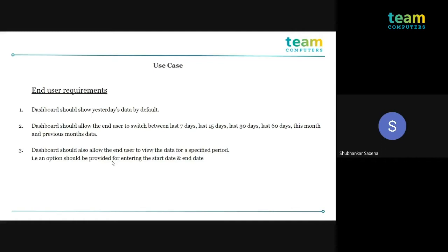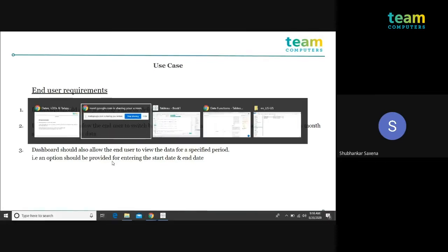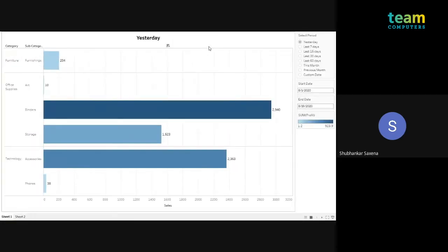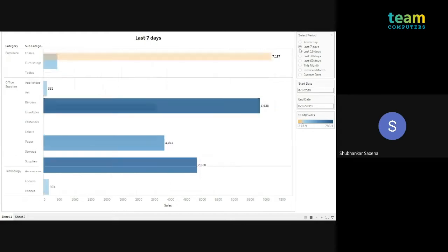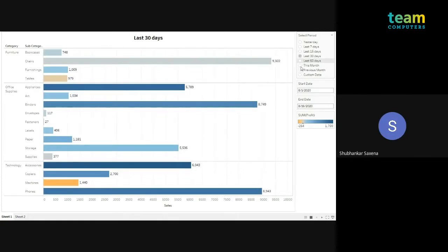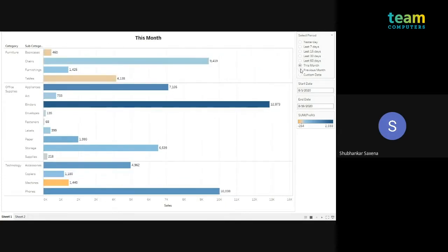Let me show you this in Tableau, as I have already created a small graph representing this particular use case. If you are able to see this graph, all the periods which the user wants I have given in a selection format. By default, it will show you yesterday's date, and the user can switch from yesterday to last 7 days, last 15 days, 30 days, last 60 days, this month, previous month.